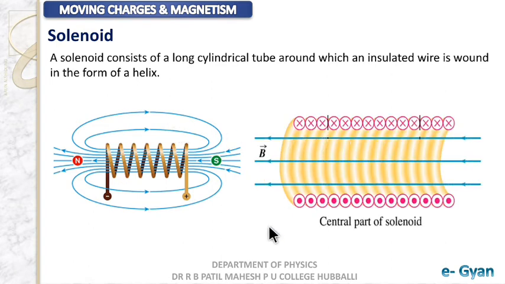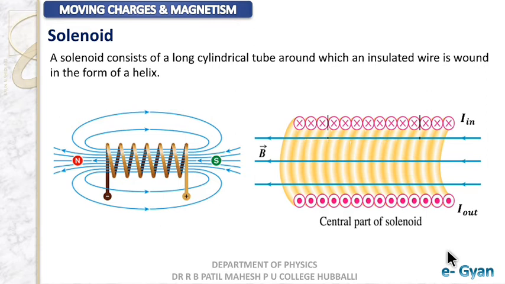Let us try to take a cross-sectional view of this. We shall use cross-sectional view, I mean to say trying to cut it in the central part and try to study it. Here at the top we can see that the current is flowing into the wires, the top everywhere. Cross marks denote that current is flowing into it, and the down we are having current flowing out of it. So if you try to correctly bisect the solenoid, you would get this picture out of it.